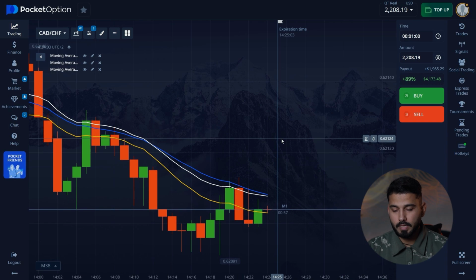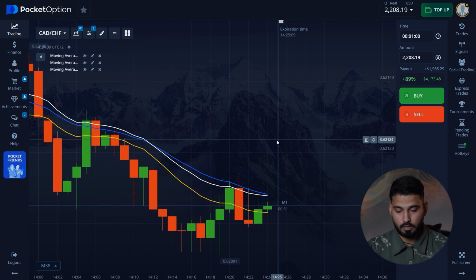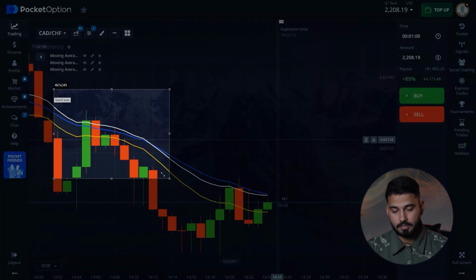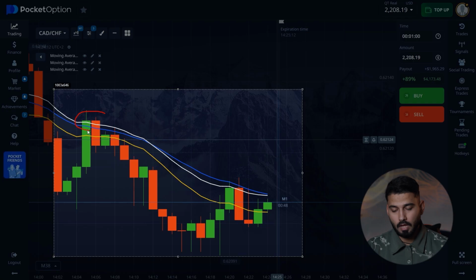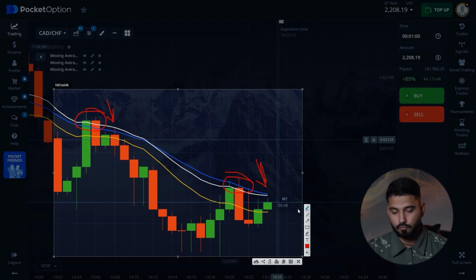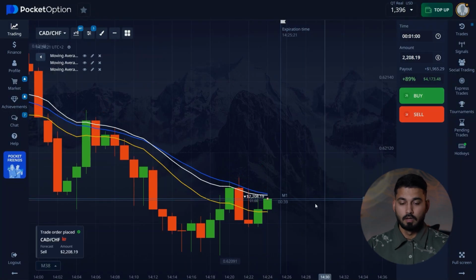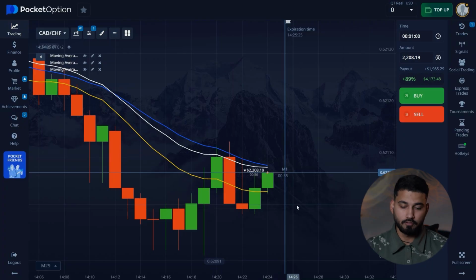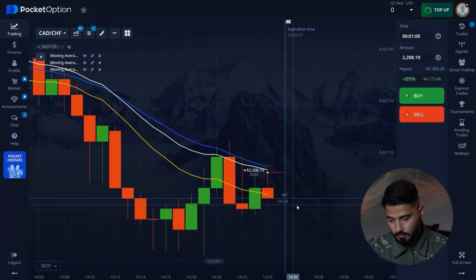Alright, I won't skip the signal just yet. Beginners should also pay attention because there is always something new to learn. The point is I am looking for the price to go high and react to the moving average. There are two of them now. And now I have caught a situation where a third one appears. Right at the moment when the candle touches the moving average, I will enter.